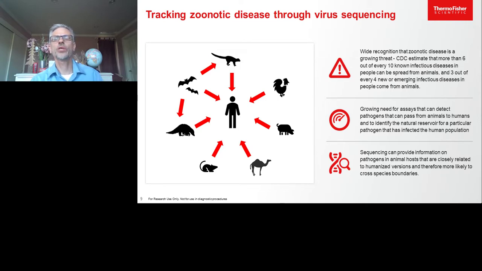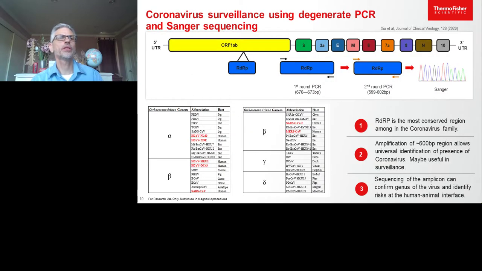So sequencing can be used to address this, to provide information on pathogens in animal hosts that are closely related to humanized versions and more likely to cross the species boundary. So one approach that has been used for this purpose, and has the capability to identify all currently recognized and potentially future emergent coronaviruses, is an RT-PCR amplification-based approach, followed by sequencing